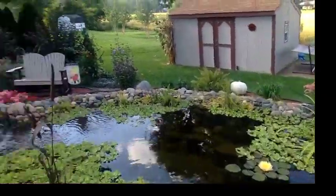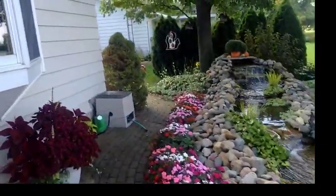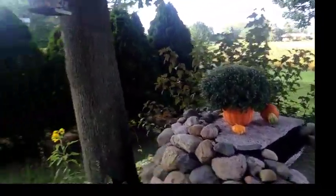Oh yeah, the other thing I was going to show. I got to go around the waterfall to get to it, but this mum hasn't opened at all yet because it's just in the shade all the time, but that's kind of okay because they'll be blooming at different times then, so...